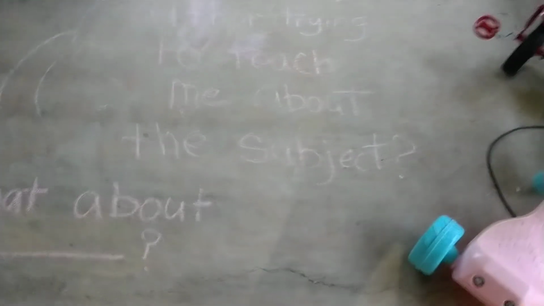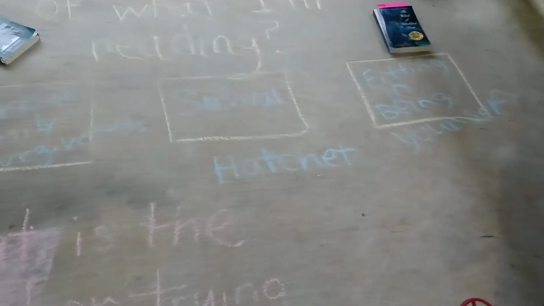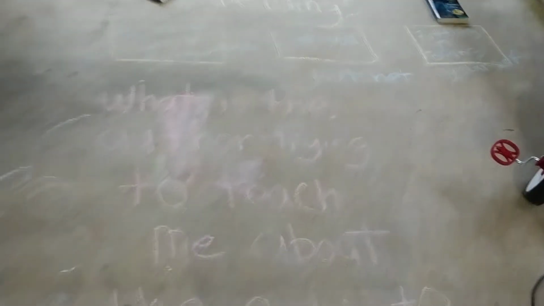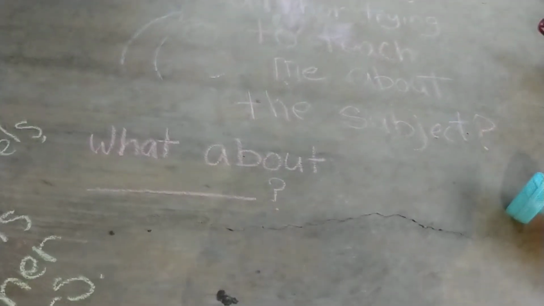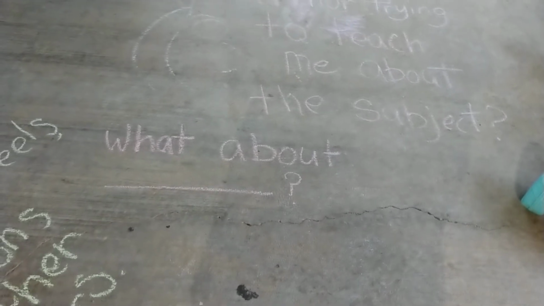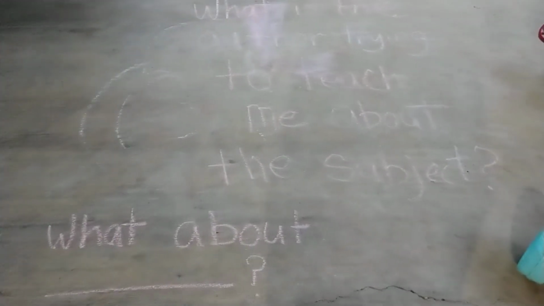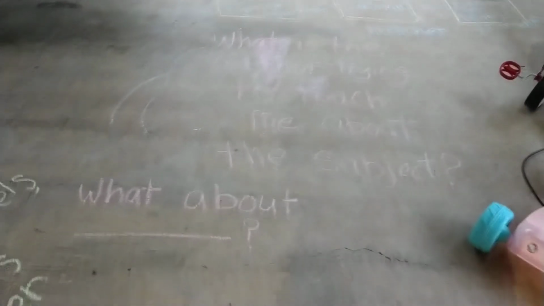For instance, when you come up with a theme statement, if we use survival, the theme of the novel Hatchet is survival. And then you say, well, Gary Paulsen is trying to teach me that you have to stay motivated and determined and positive when you're trying to survive. So after I find that strong theme statement and I write it out, because themes need to be written out in complete sentences,